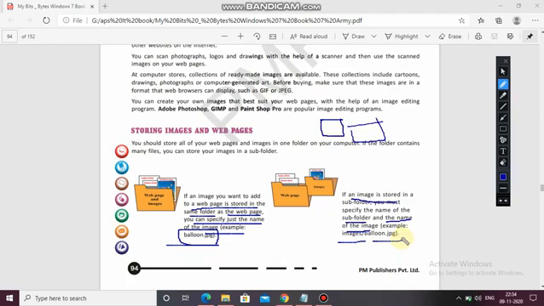Okay, so these are the two different ways through which we can insert images to our web page. First one is that all the photos are in the same folder, or you have to create a subfolder in a folder. Then you have to give the path, first the folder name, then the picture name. I hope it is clear to you all.